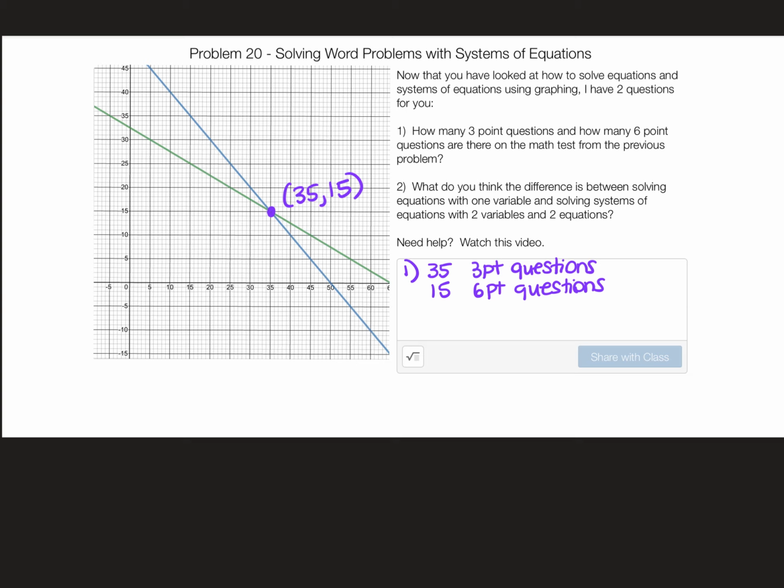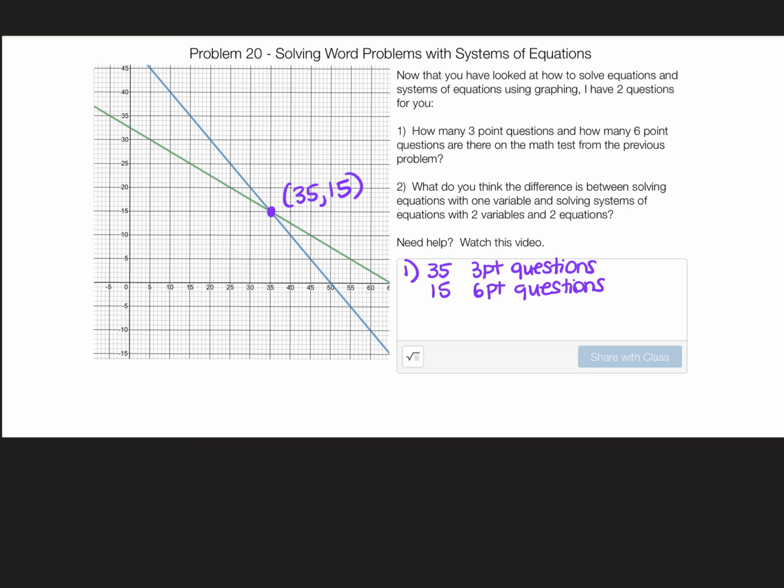And then 2, what do you think the difference is between solving equations with one variable and solving systems of equations with 2 variables and 2 equations? And really, this is important to understand the difference. When you're solving something that just has one variable in it, you literally only have to tell me what that variable is. So a lot of times in the previous slides, when we had one equation that we split up into 2 equations and then graphed each of those individually, we were only really interested in what that one variable's